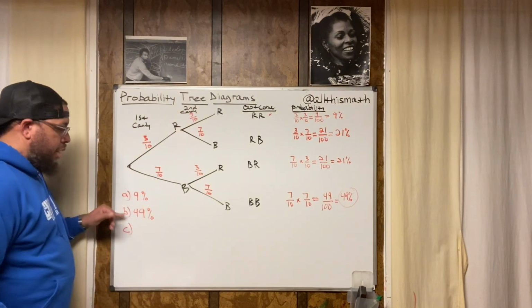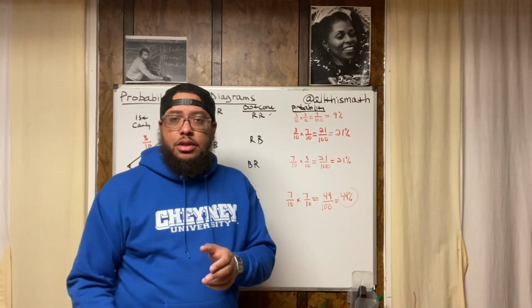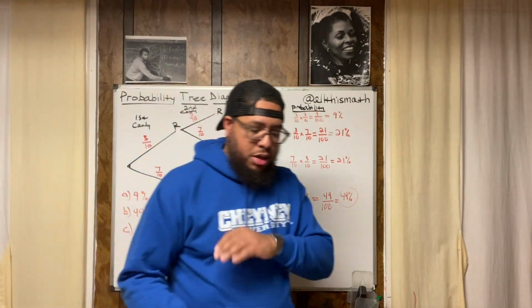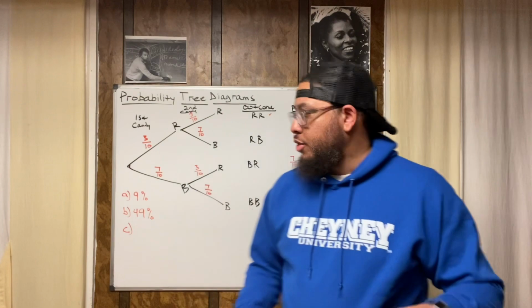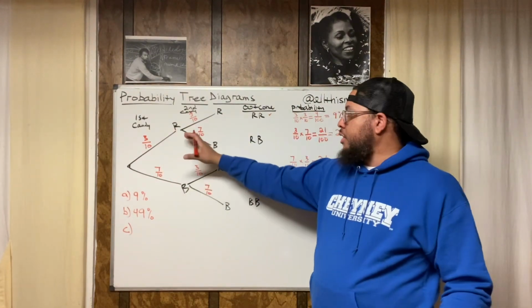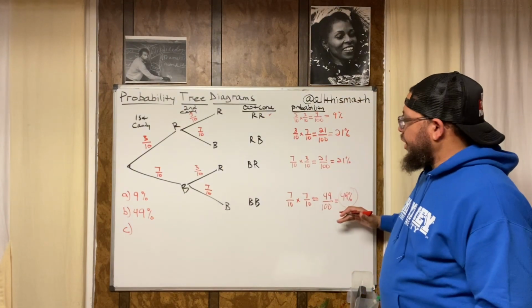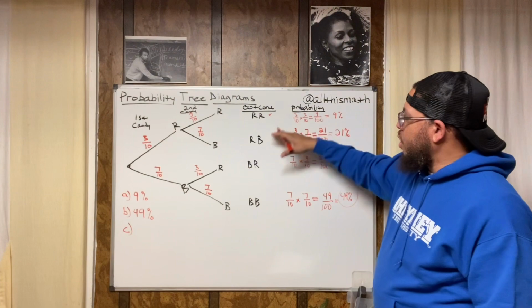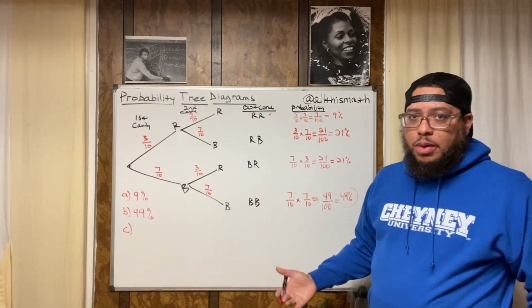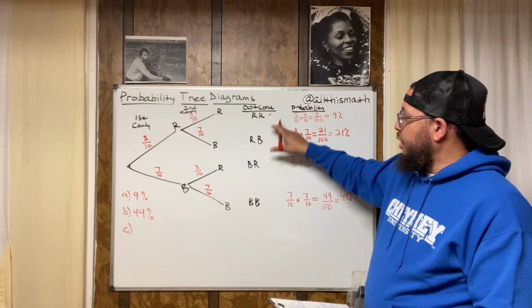Anyway, there's a 49% chance, or 49 out of 100 chance that she picks no red candy. No red candy. And again, that's another benefit of the tree diagram, because if you lay out your outcomes, your probabilities right here, corresponding to your outcomes, then when it comes time to answer the questions, all you got to do is read the question and then check, okay, which one am I talking about here?